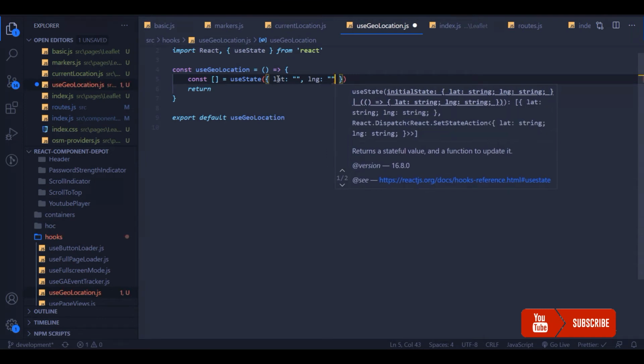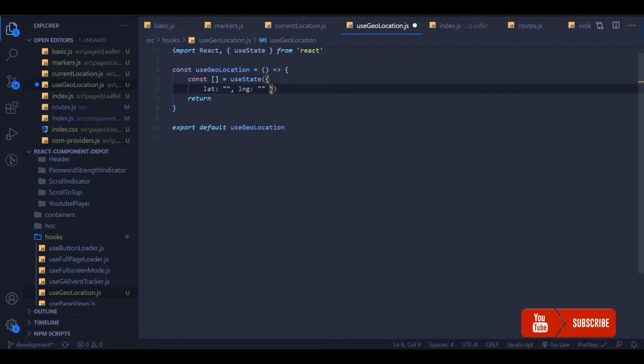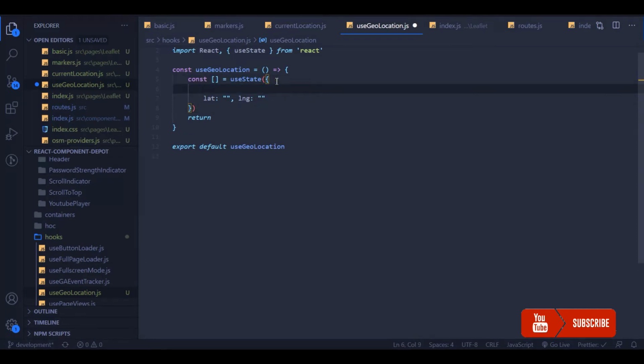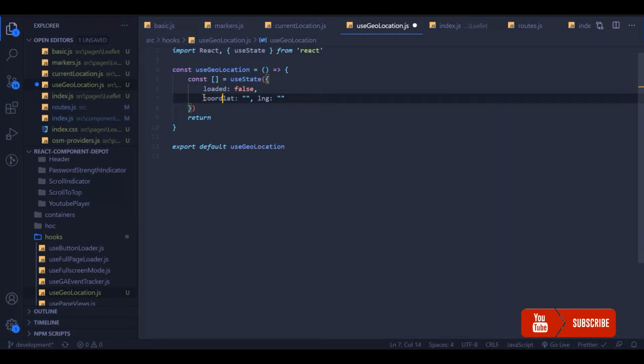Only when the user allows the location permission will we be able to get the location. So to manage that we need a few attributes. Let's have lat and long inside coordinates, and a new key called loaded, set to false.